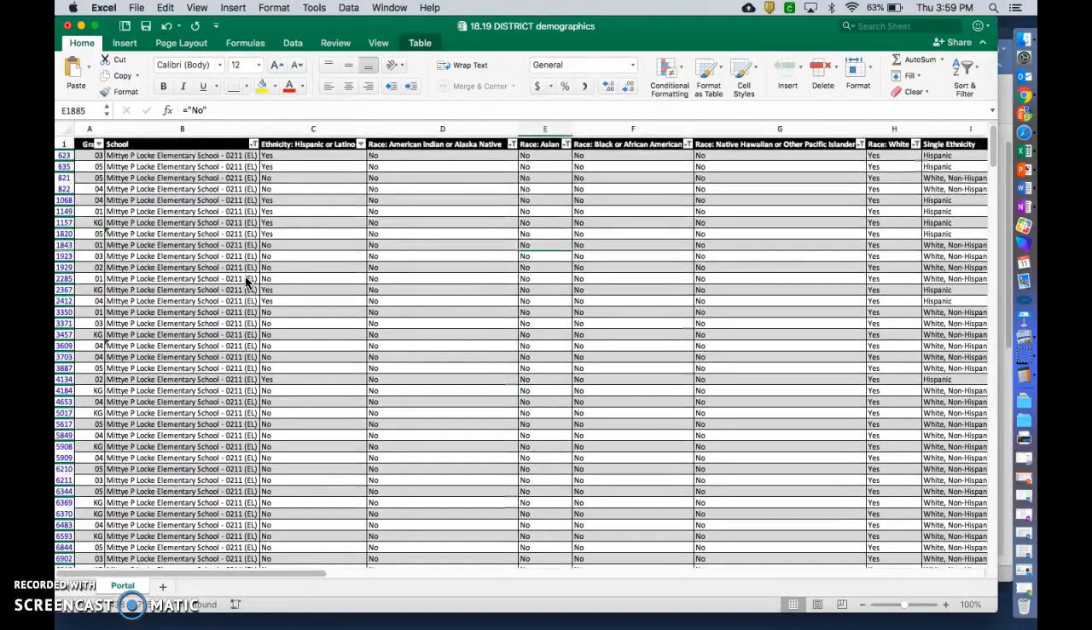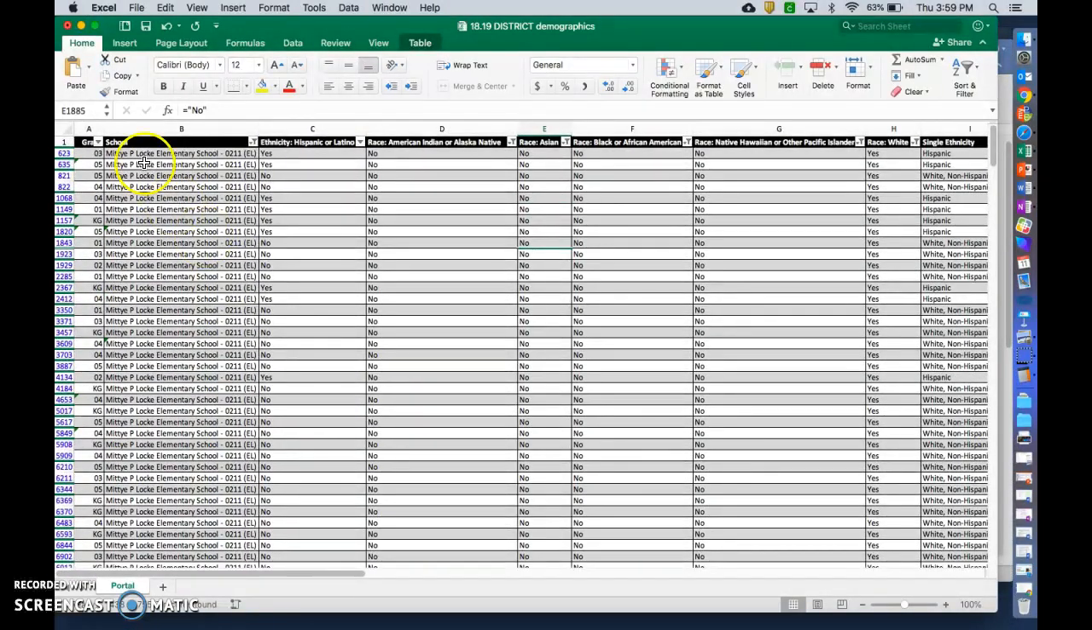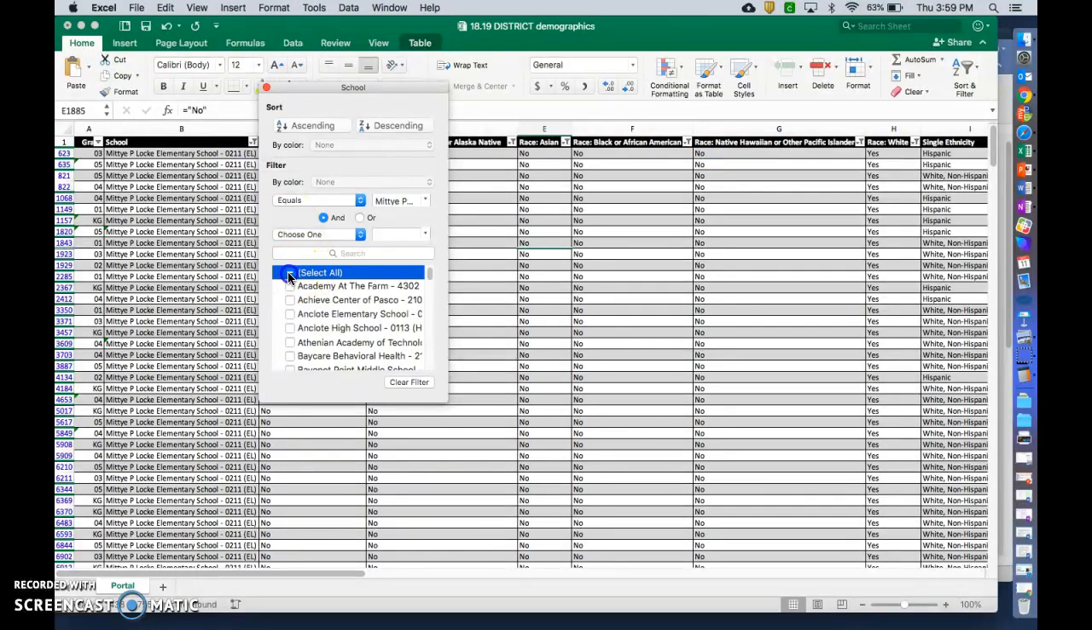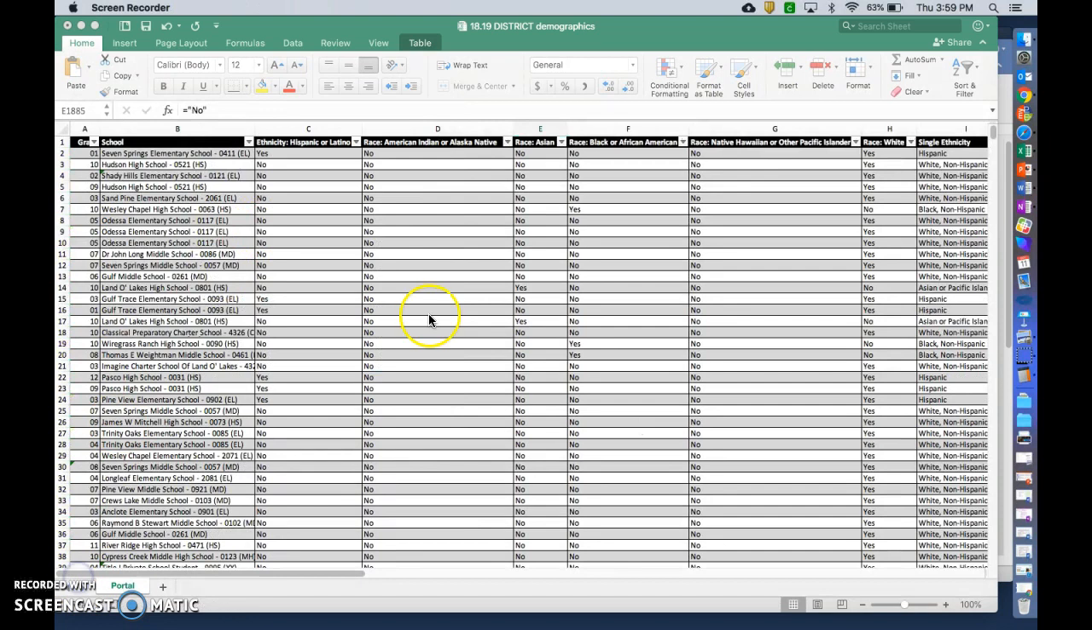So just to orient you to this spreadsheet, you're going to see this dark black at the top, and that's going to give the categories. You're also going to see a little arrow here, and these become really important because these are our filters, and these are what we're going to use to get the numbers that we need